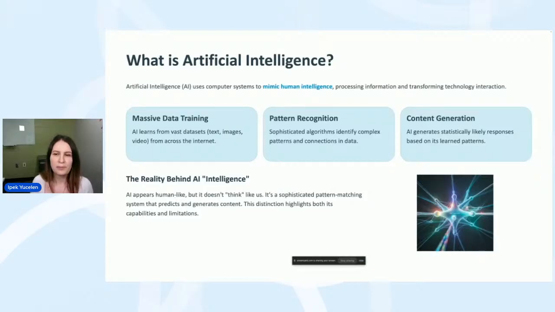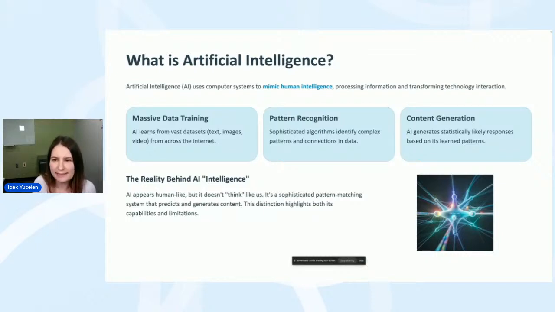So think about a computer system that reads all the books available in the literature. So it absorbs all that information from literature, from internet. So it has this database, data set in it. So all it does, it predicts a response based on your question, looking at this database and looking at the patterns in its database, and it predicts the next sentence, next words that should come based on the probability based on its database.